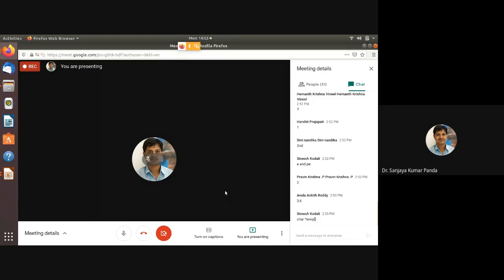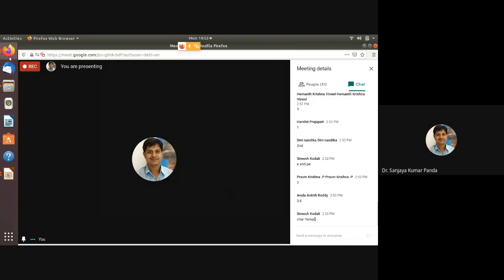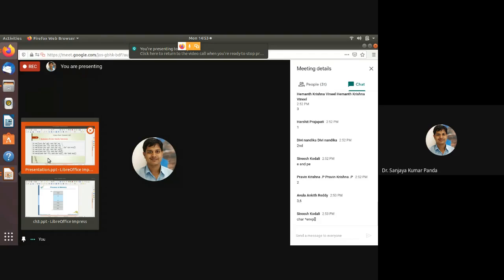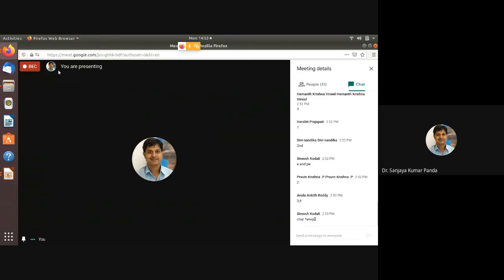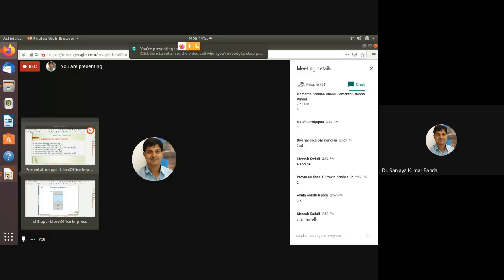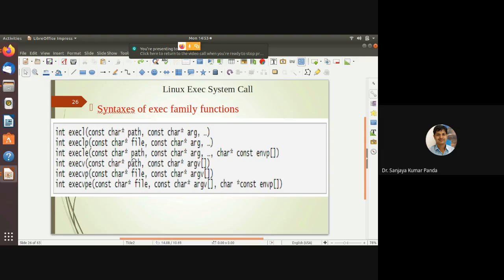And Prabin Krishna, you mentioned 2. In 2 we are not using array of pointer. We are using pointer, but not array of pointer, right? Array indicates that we are sending an array of pointers here. Okay, sorry, 3, 4, 5, 6 all are using array of pointers, right? ARGV also provides you a set of pointers, right? Okay. So this is the syntax you have to use.